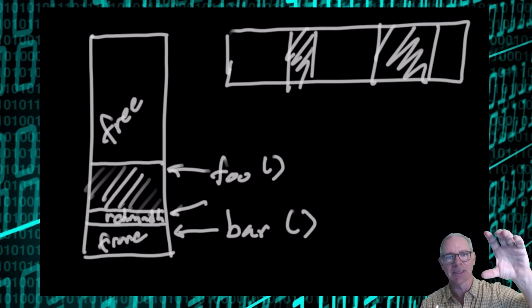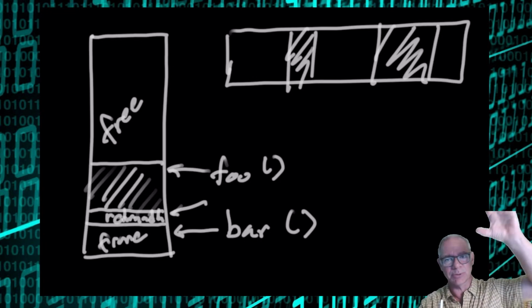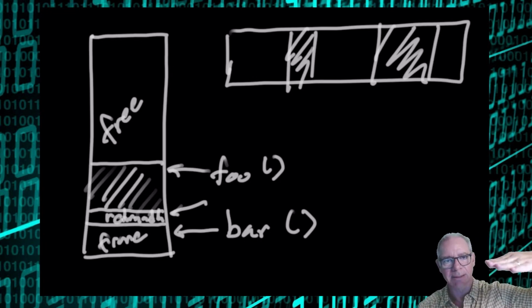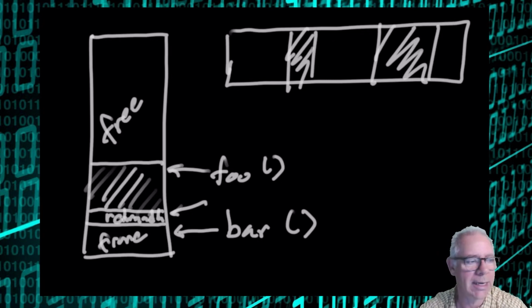And so as you call functions deeper and deeper in your program, the stack gets bigger and bigger and bigger, and then when a function returns, the stack shrinks back down again. So that is another way of automatic memory allocation that can be a lot faster than using a heap and doesn't require a garbage collector, but you have a limited